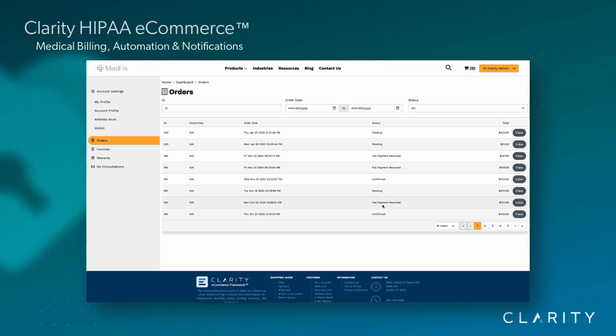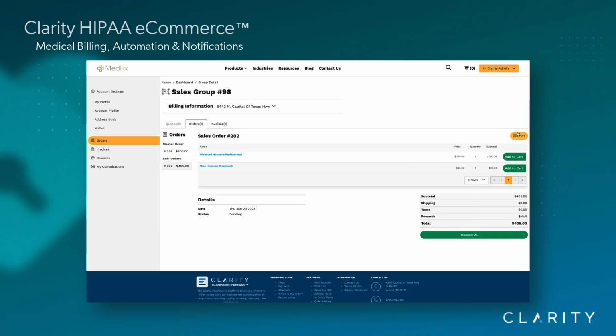All of my orders are here. All of the order status comes back. Now the order status can be managed in our portal, but often we have an EMR or an EHR integration, where the orders and bills are done by the accounting department, and those statuses come back. I can go in and view any order. So we'll start with this $405 one that I did a little while ago. It's still pending, so I can come in and view that.